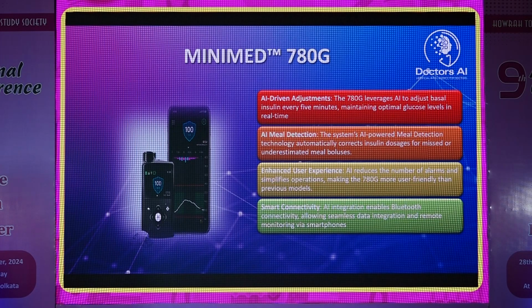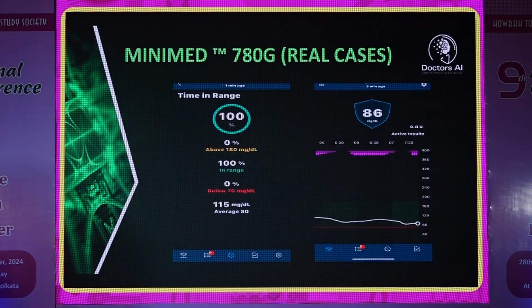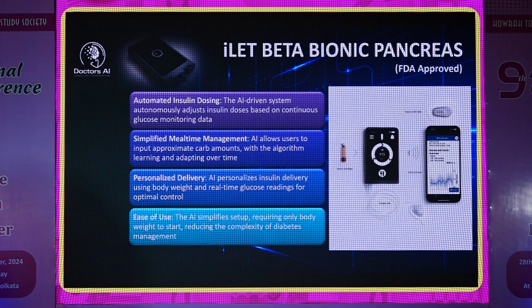The other space of use of artificial intelligence is the insulin pump, and one of the most popular insulin pumps, in fact the only one which is available in India, is the MiniMed 780G, and this has AI-driven adjustments, AI-driven meal detection, which gives the user an enhanced experience, and it has got auto-bolus adjustments using the AI algorithm. So it works through a PID algorithm, proportional integrative derivative algorithm, and that gets regulated by the AI machine learning algorithm. So with an insulin pump like the MiniMed 780G, you can get a time in range like 100% in a patient,